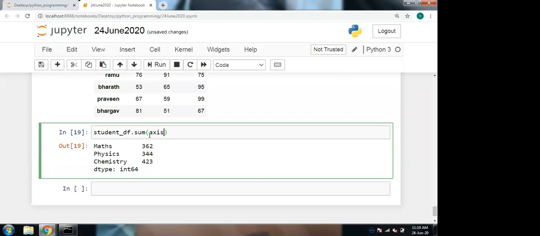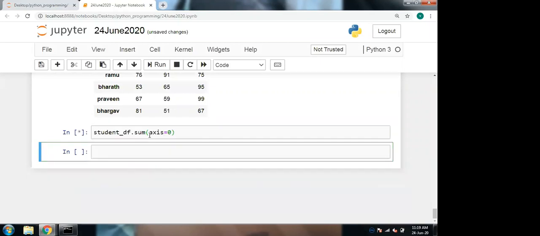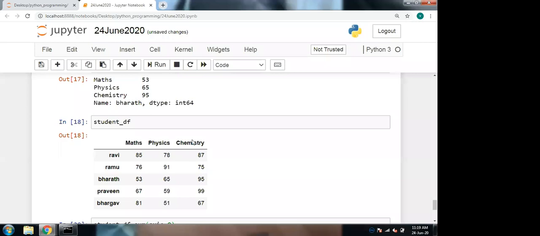student_data_frame.sum(axis=0). If axis equal to 0, we are getting column wise sum.